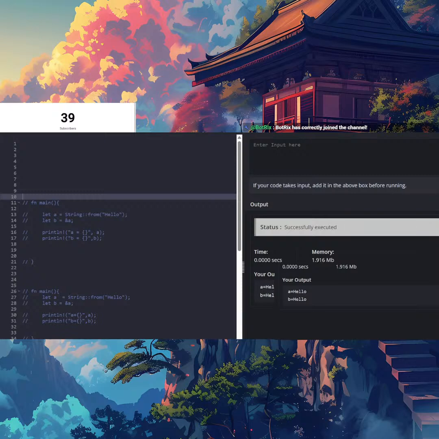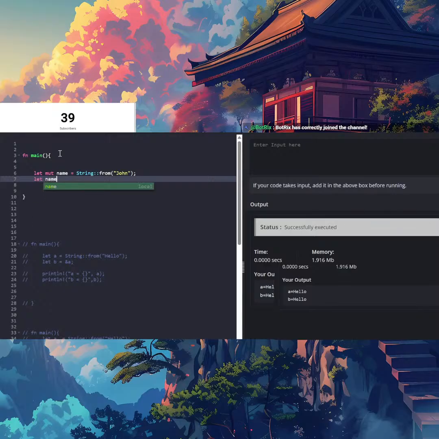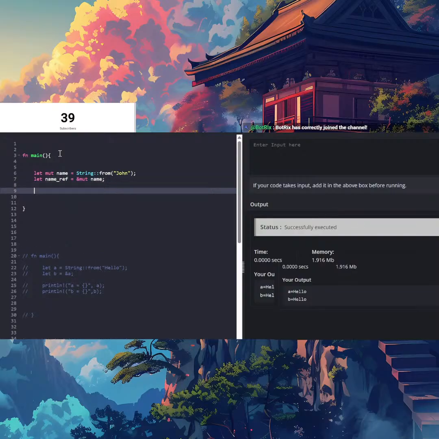But what happens if I do this though, like fn main, let mut name = String::from("John"), and then name.